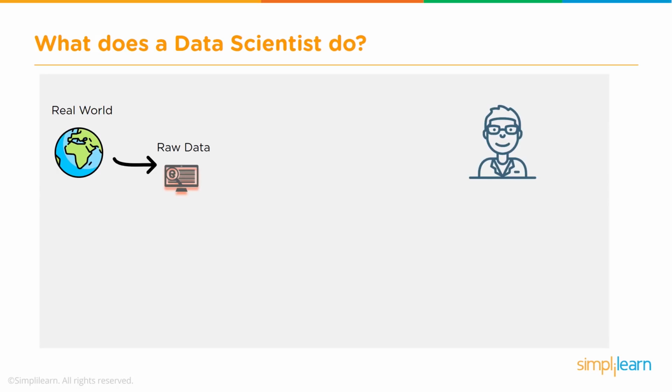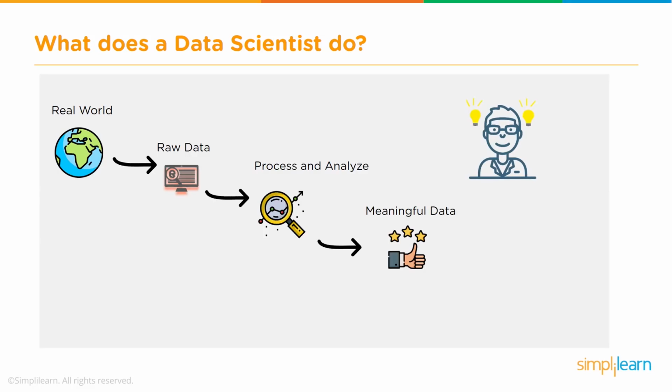So all that raw data is collected, and then that is processed and analyzed and prepared into a format in which it can be used, and then it is fed into the analytics system, be it a machine learning algorithm or a statistical model, and we get the output, and then he puts this output in a proper format for presenting it to the stakeholders and communicating those insights or the results to the stakeholders.